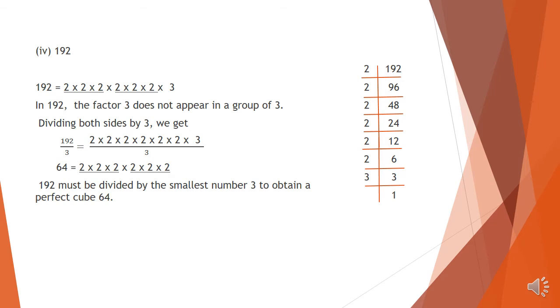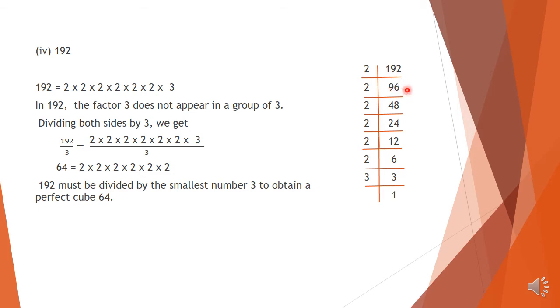Question number 4, 192. Children, question number 3 you have to do as homework. Okay. Now 192, we have to prime factorize the number, and while doing prime factorization you have to think it is an even number. So we write on the side 2. In 19, how many 2s are there? 9 2s are 18. 19 minus 18 we get 1, and 1 and 2 makes 12. And in 12, how many 2s are there? 6 2s are 12. So we get the number 96.